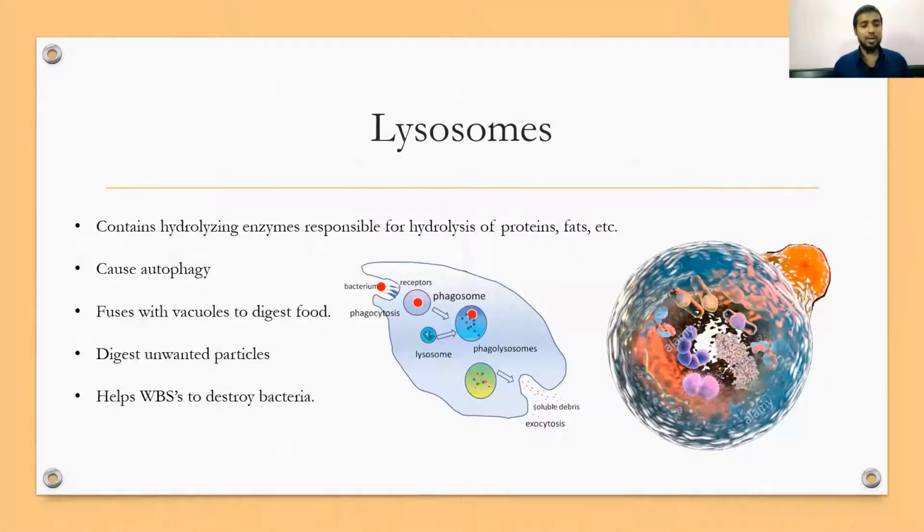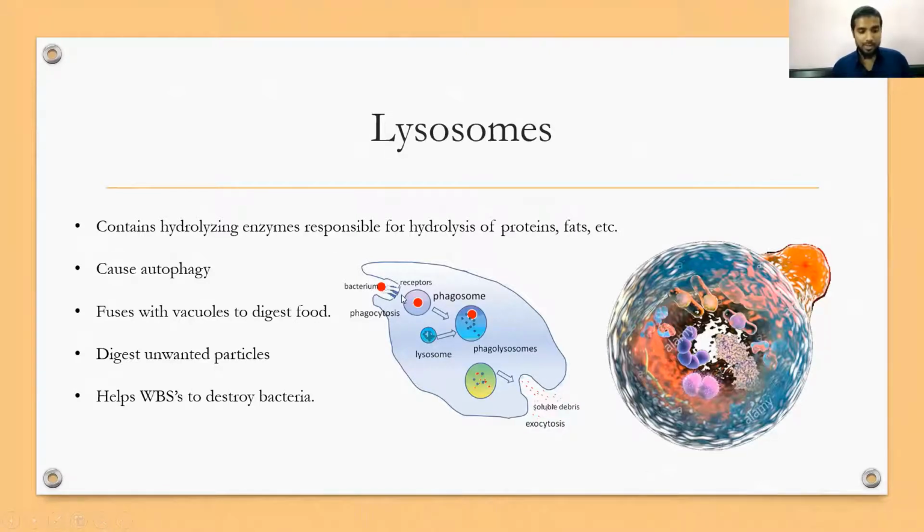So let us see the lysosomes. What are lysosomes? Lysosomes are small molecules. You can see the structure here. It has certain enzymes, especially hydrolyzing enzymes. Lysosomes contain hydrolyzing enzymes. These hydrolyzing enzymes are responsible for the lysis of many other things. So we'll see how it happens. First, bacteria. Let us consider bacteria as a foreign organism. It is a foreign organism, right?